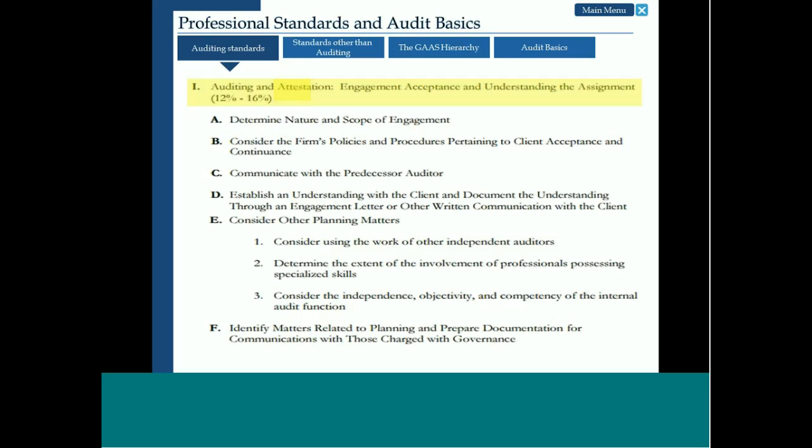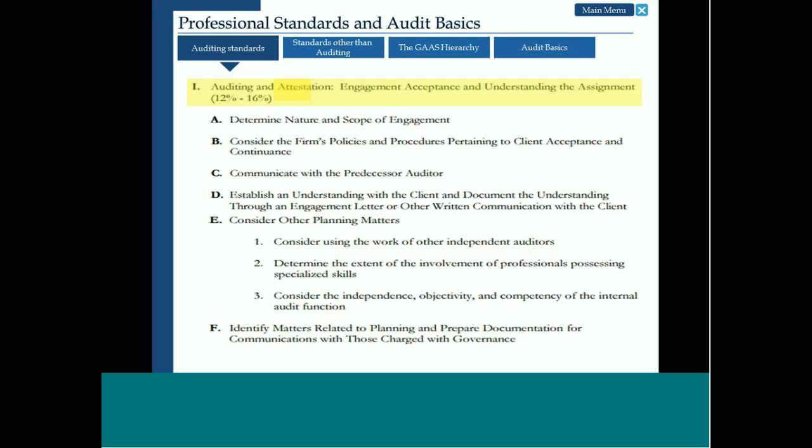We're going to discuss the professional standards. We're going to discuss the appointment: who makes the appointment, how the appointments of the auditors are done, and what the responsibility of an auditor is during the acceptance of any new client or renewing any old clients. So this is the first part, determining the nature and the scope of engagement. When any new client comes, I discuss with him what the scope is, what his expectations are. I need to do any communication with the preceding auditors. There are certain rules from the PCAOB and SOX where we have to do certain communication with our previous